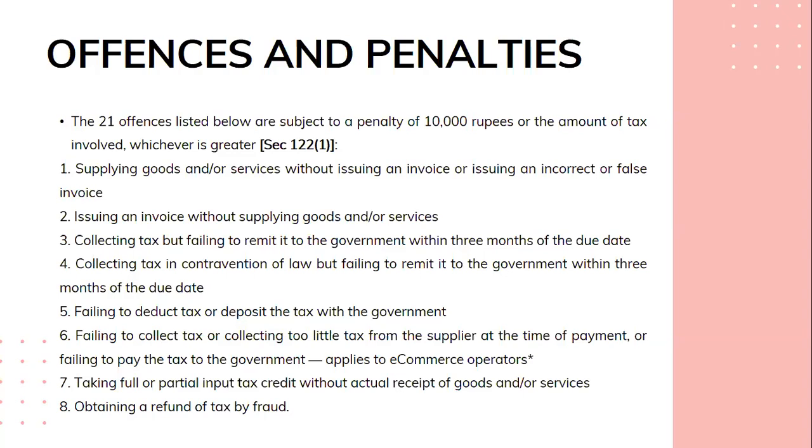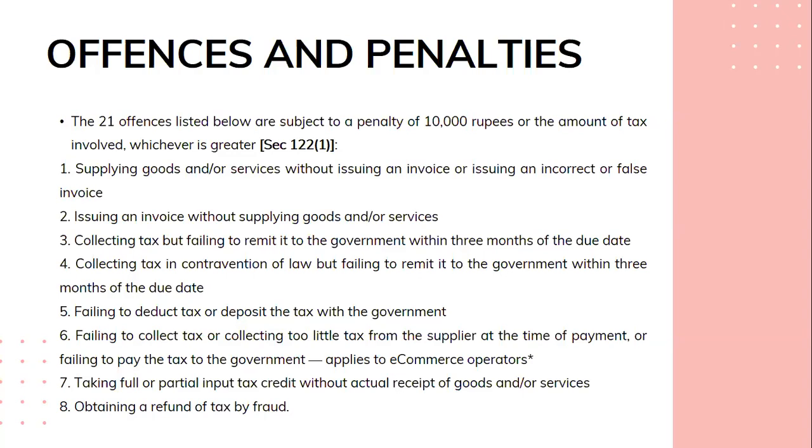So if we relate all these points, we'll notice that we just discussed these points under cognizable offenses. So yes, these same offenses come under the category of cognizable offenses. But the main point of distinction between the two is that for these offenses to be classified as cognizable, the amount of the tax evasion or the amount of the tax that is involved in these offenses must exceed rupees 5 crores. So say a person supplies goods or services without issuing an invoice or issuing an incorrect or false invoice,